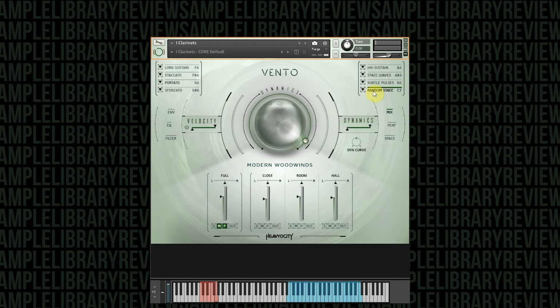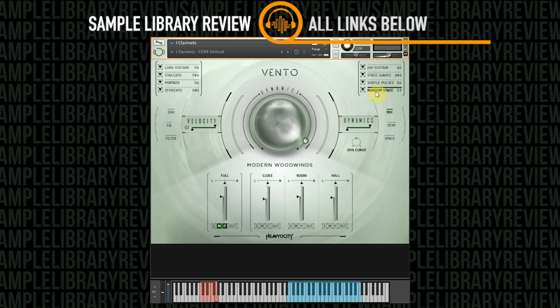Random staccato. And of course, sometimes I'm hitting whole triads, which might not be exactly realistic for a clarinet section, but